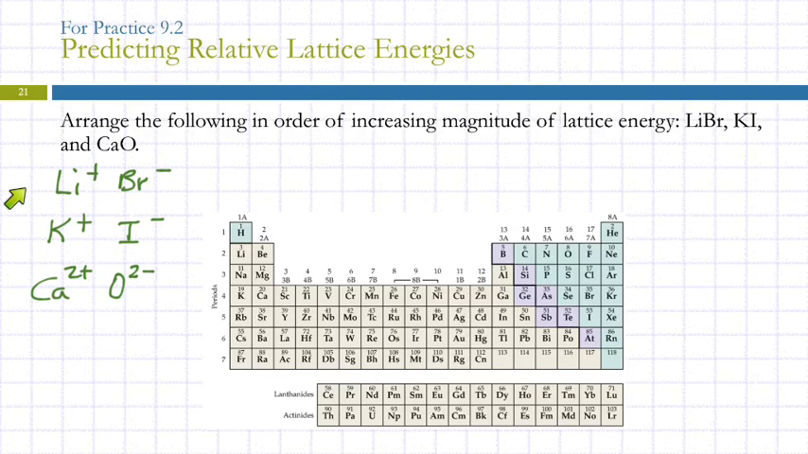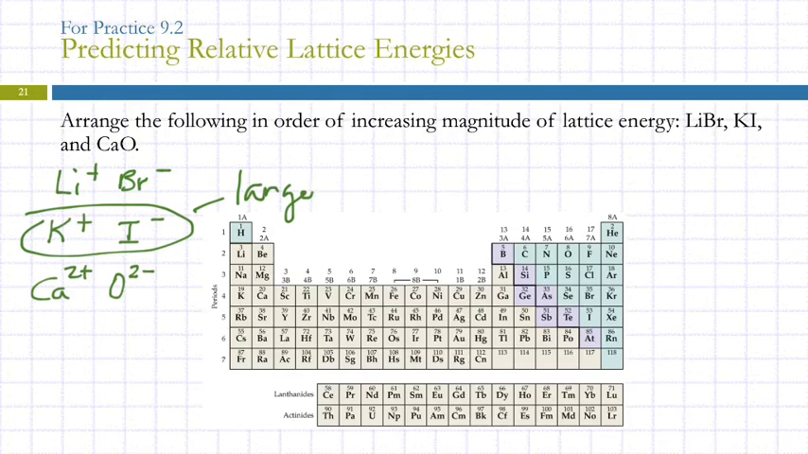So I approach a problem like this, I'm like, well, this pair and this pair are both +1 and -1. So the charge isn't changing. I'm going to look at size to see which one's bigger. So looking at sizes, here's lithium and here's potassium. Which one's bigger? Potassium's bigger. Let's look at the anions. Here I've got bromide and iodide. Which one's bigger? Iodide. So in the potassium iodide, we have